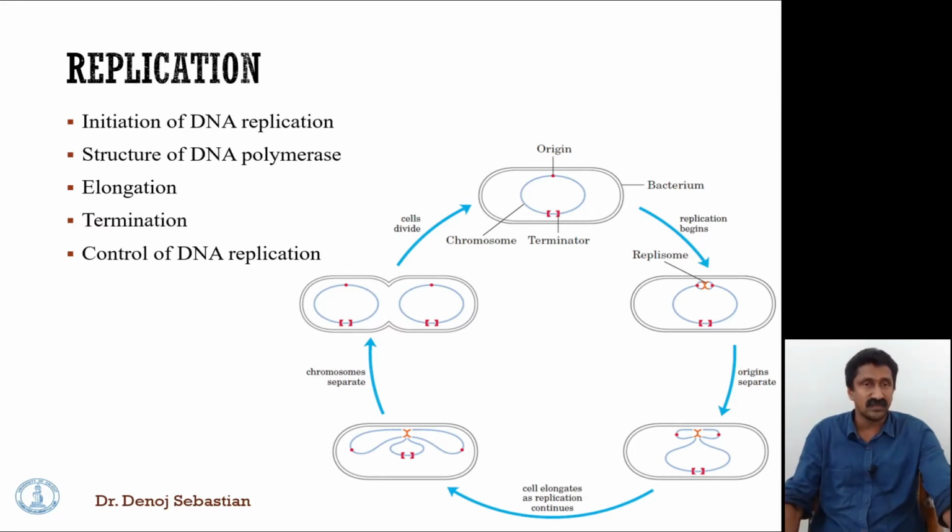In case of a circular DNA, we will have a replisome or a replication fork. Two replication forks will move in both directions, which finally will meet